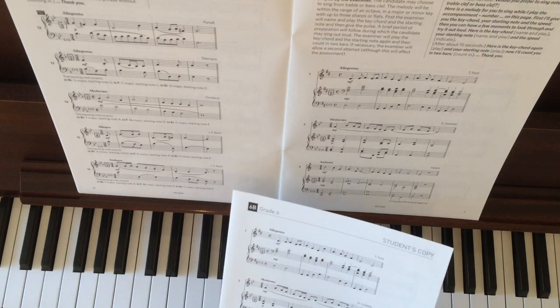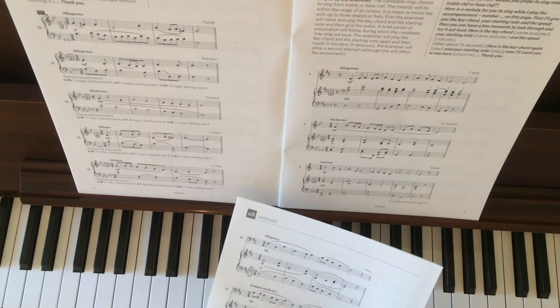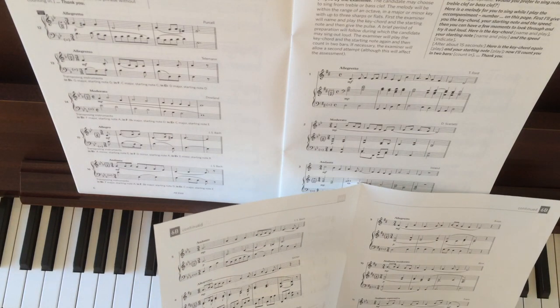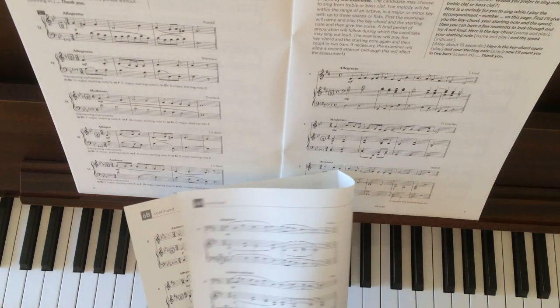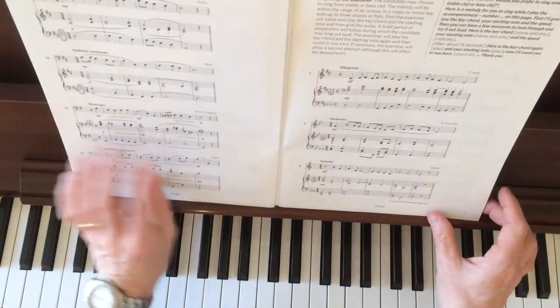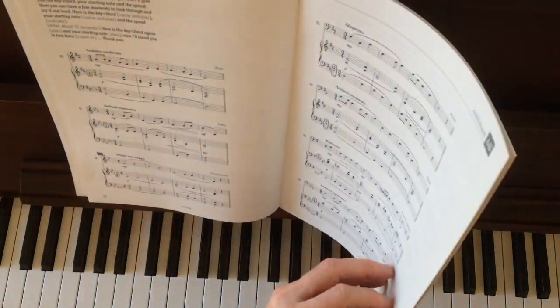Watch out for your majors and minors. Look out for accidentals in the music. In these examples, there's not so many accidentals, but I think occasionally you will get a minor. That's exactly the same. Yeah, it is. It's in the treble and bass, so there you go. I've only got a limited number of examples here. So, there's section B. If we move on to C,